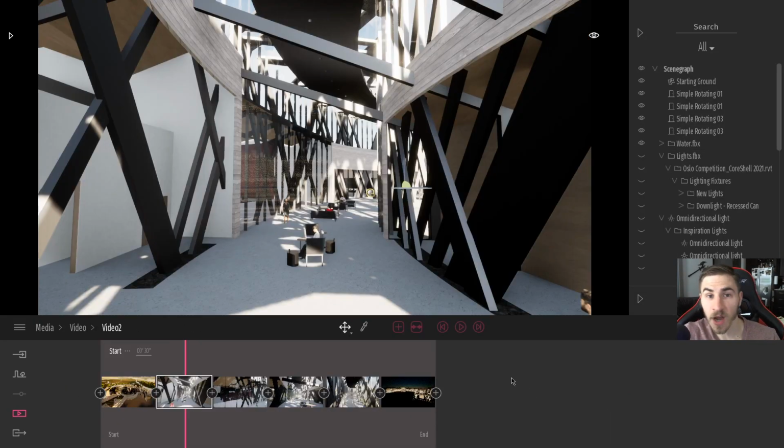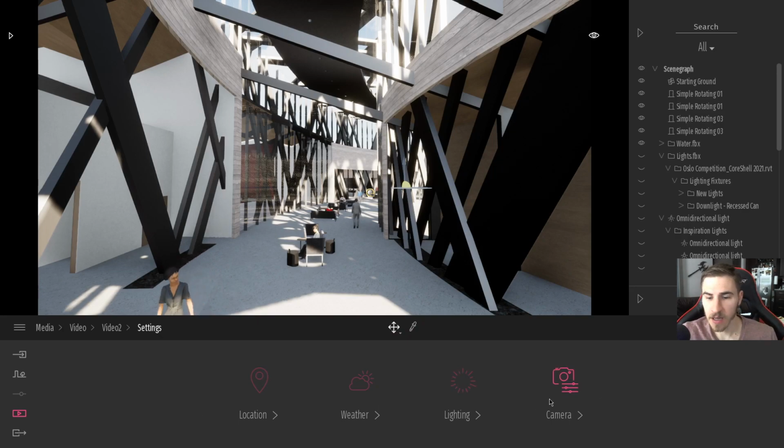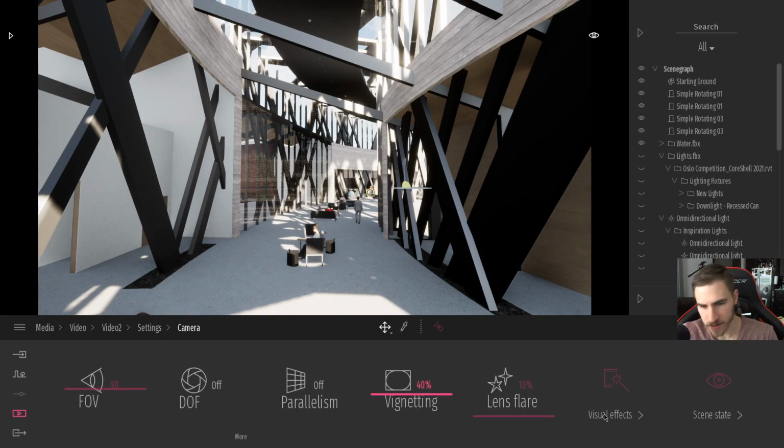One thing I did want to cover with the effects is actually something to do with the camera. So maybe, for example, I want to align the camera in a specific way to where it actually is precise to a specific location. Well, that is actually possible. So if I click on a particular clip here and I click more, of course, I get all the effects. But within the camera, you can see, yes, I have all of my normal looking effects here that I could work with as I would within an image.